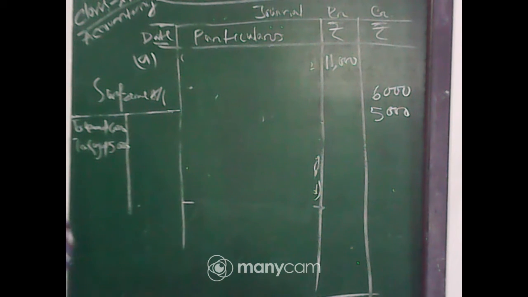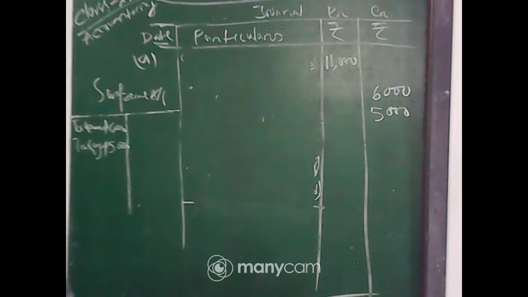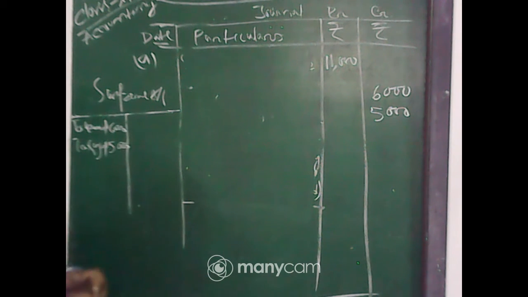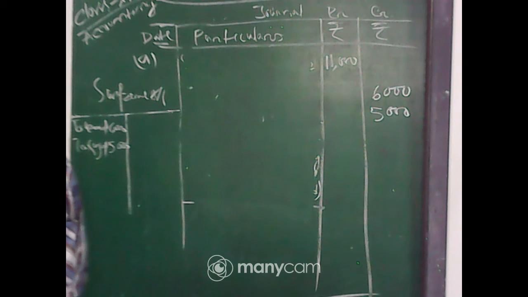So we are taking the problem from your NCERT book, page number 233, question number 22. From here, I am solving this. The question is exercise number 22 of the trial balance and rectification of errors chapter. Now, number B: salaries paid to an employee, rupees 2000, were debited to his personal account as rupees 1200.